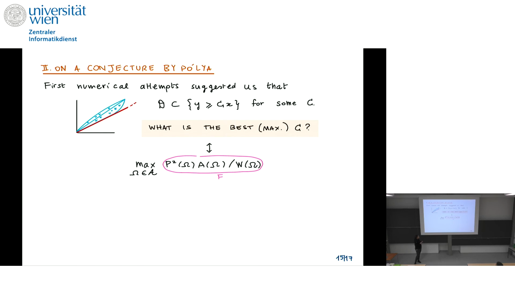Let me denote it by capital F. We maximized it in our class, and we found an explicit best value, which is the one of any rhombus. So if you start from the square and shrink it to a segment, you always find that this is constant, and it is equal to 96. So the maximal value is this, and it gives us important information about the lower boundary of our diagram,